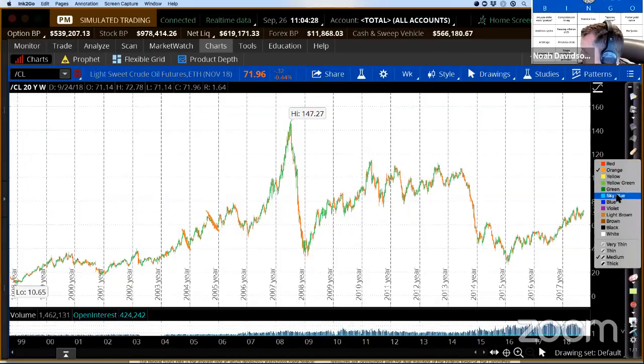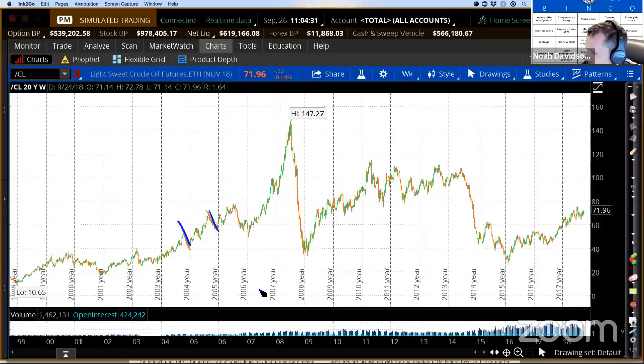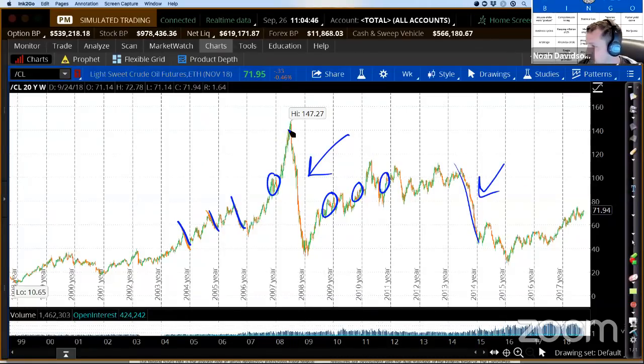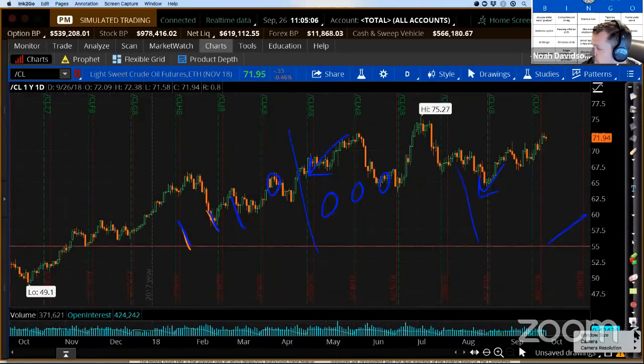Let me get a slightly better color so you can see that better. Downward moves in the market at the end of the year, downward move at the end of the year, consolidation at the end of the year, upward movement at the end of the year, upward at the end of the year. Kind of half and half. And so I just have to keep in mind that seasonal data is skewed because of those two big drops at the end of the year. And right now the chart suggests bullishness, and I think it's going to come down to those inventories. Brent crude does a better job this time of year, for whatever reason, because it gets used more in the formulations for cold weather. But just trade what you see. I think that the seasonal bias on oil is a little bit challenging to peg down because of that data skew.